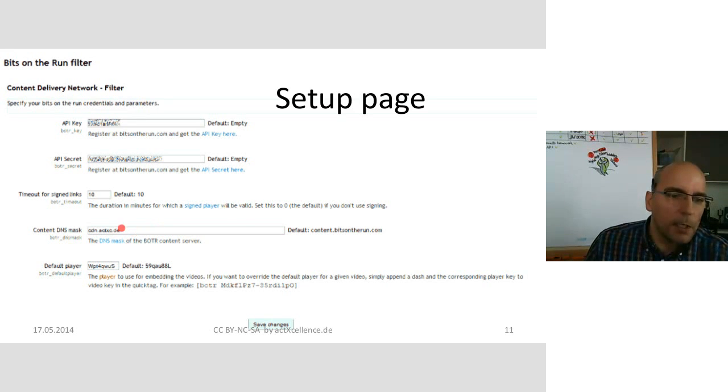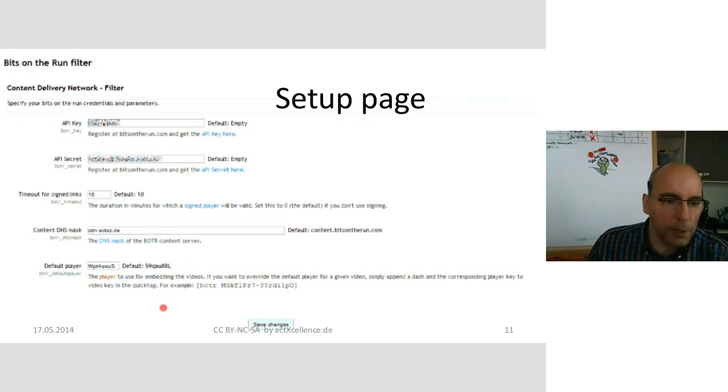Then you have to tell how long this link will be available, and it degrades after 10 minutes in the standard setting. Then you can mask the DNS. So when someone looks into the link, he will not find JW Player, he will find your own domain. My domain name is actxc, so I put it into the